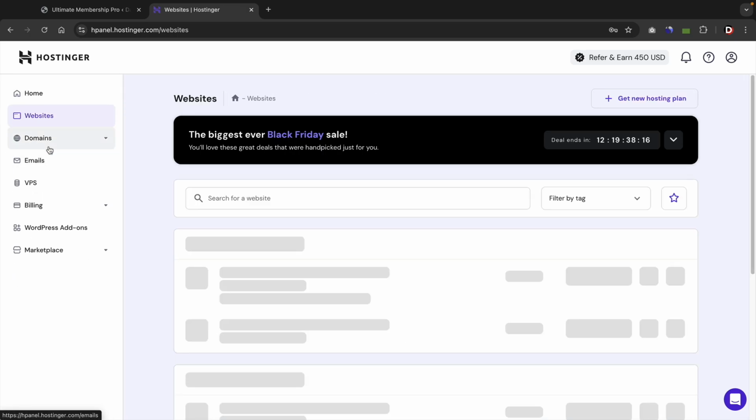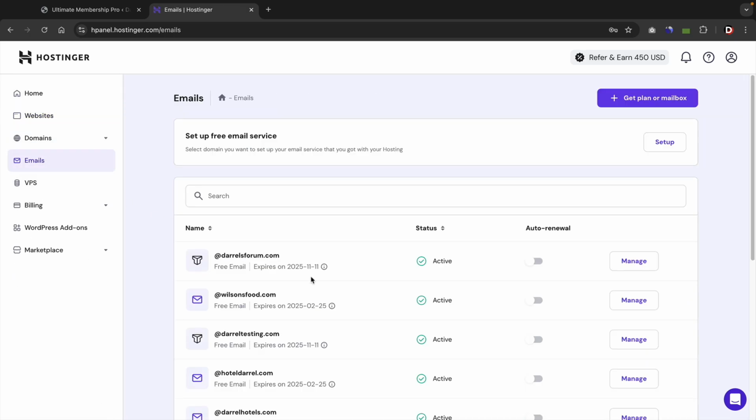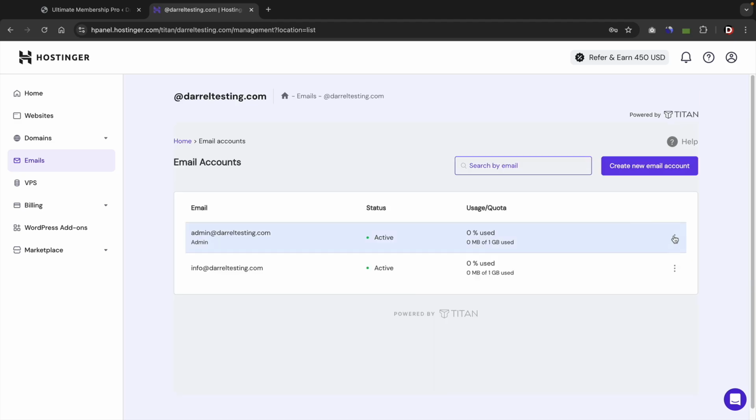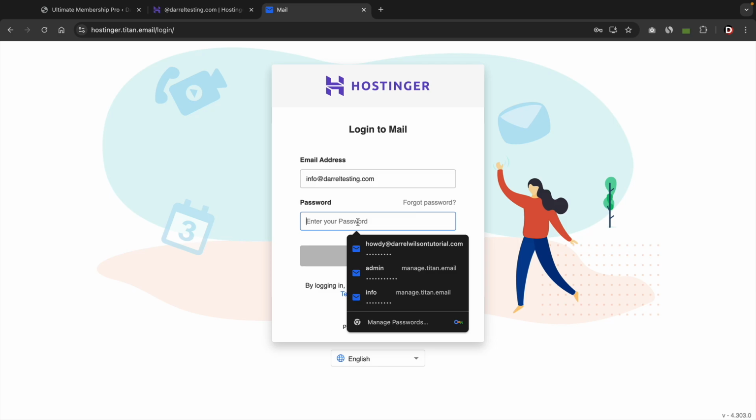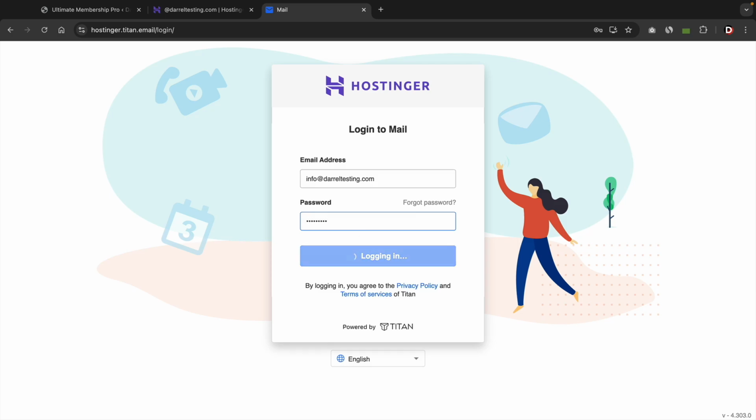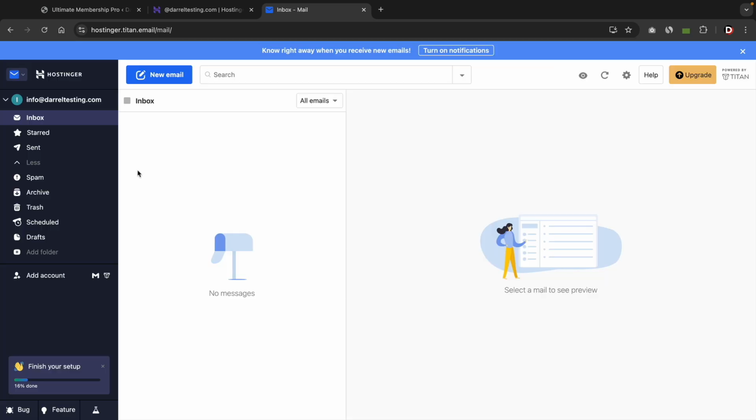So here I'll click on emails, and I'll just go ahead and log in really quick. So here, manage. And you'll just go ahead and log in, right? So if you're using Hostinger, you'll access webmail. If you're using Titan, you'll also just click on access webmail. And then here you'll enter in your credentials. So I'll put in the credentials that we just created. All right, cool. So now we have this email right here,